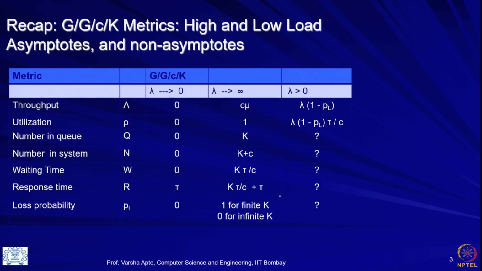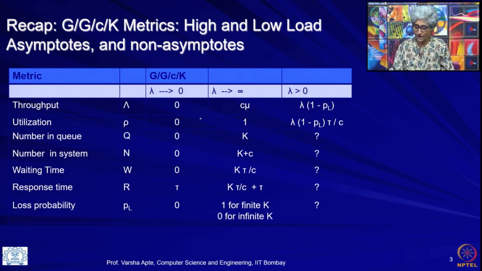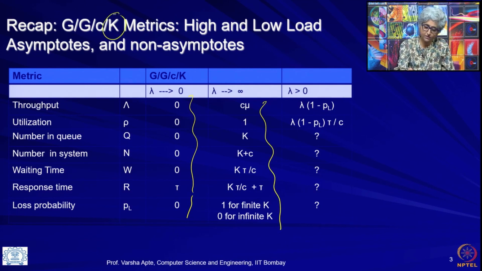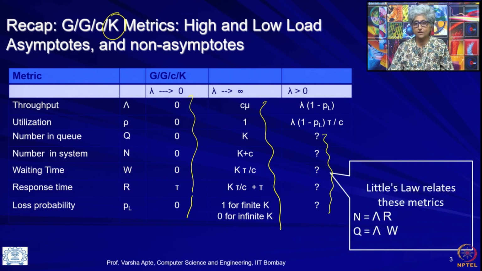So, this is again a recap of our standard table, just given for your reference. As usual we have some asymptotic values for many of these metrics. For the non-asymptotes we actually do not have a lot of the metrics, especially for finite buffer. When there is a finite buffer we may not have a lot of metrics, we just know their upper bounds and so on, and especially for the waiting time and number of customers in the system, what we have is a relationship, and that relationship is Little's law, which is what we had learnt